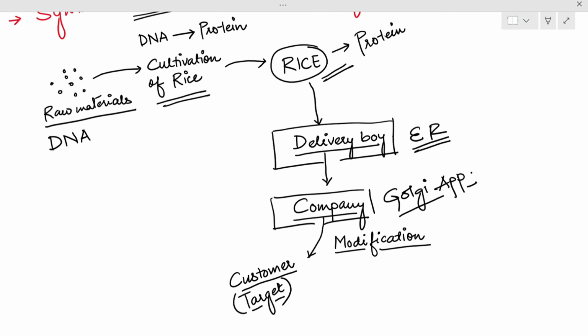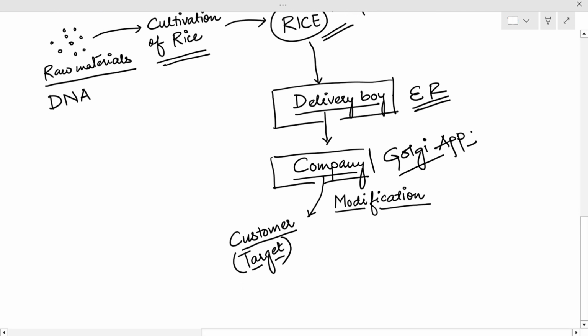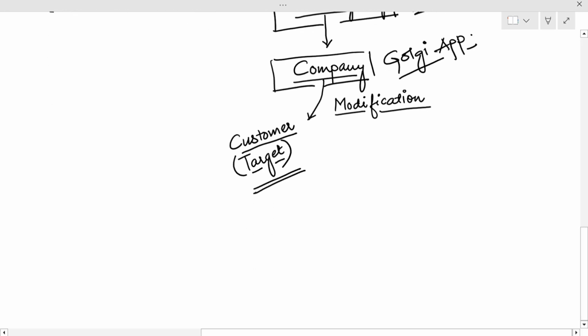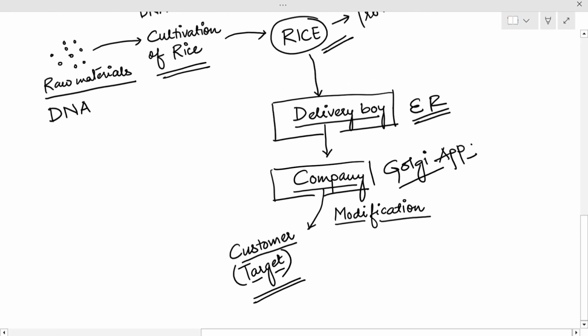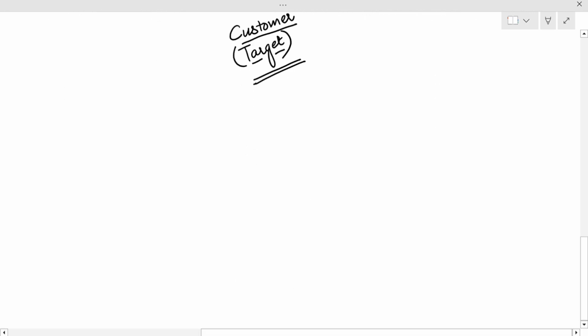Okay, in Golgi apparatus, protein modification will be taking place, and after the protein has been modified, finally, it will be reaching the targeted place where protein is needed. Okay, now this was a story format explanation, to make you understand clearly and to give you more interest. Okay, now let's see the actual scientific mechanism, okay,